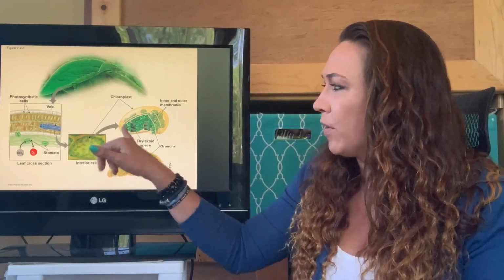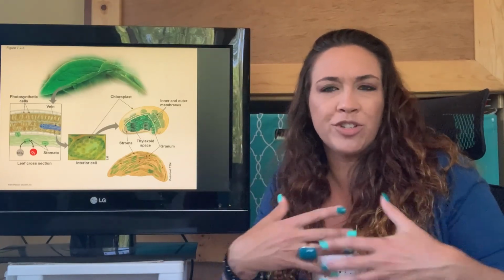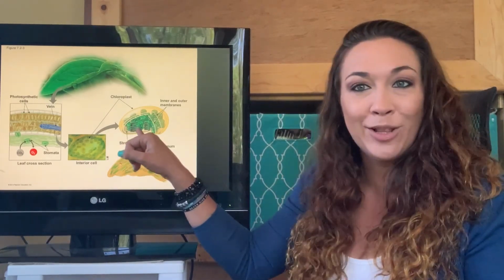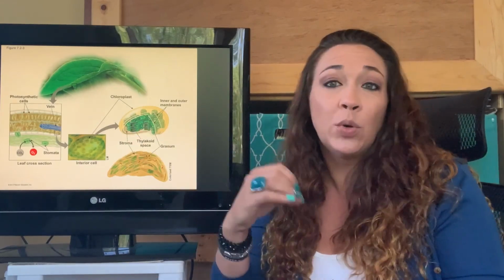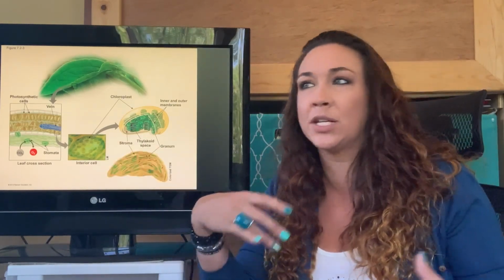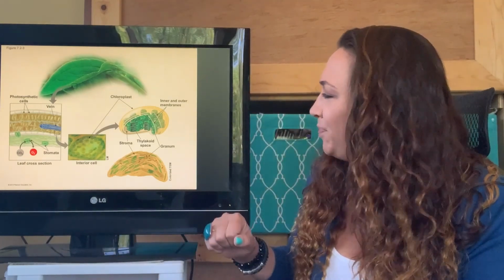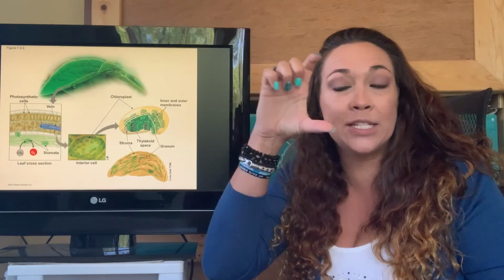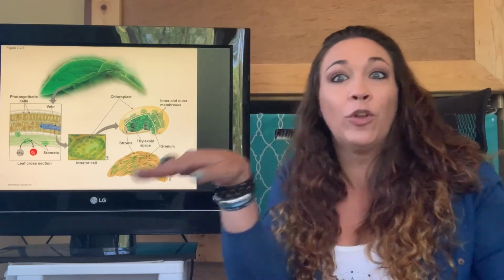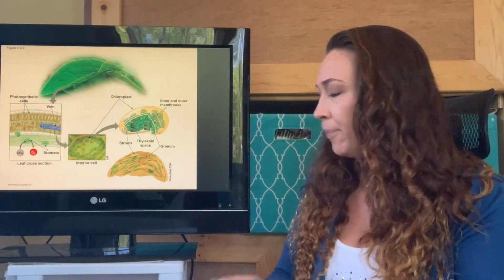Now, this middle part right here, which is known as the stroma, is kind of like the cytoplasm. It's just that interior portion. There's not a lot going on there. It's just a liquidy interior. And then this big green pancake-looking stack right here, those are actually the thylakoids. A lot of these reactions are going to happen in the thylakoid membrane. It's the green stack, so essentially it'd be your apartment's walls, I guess. And one of those entire stacks would be considered a grana. So you can think of that whole floor as the grana, and then you have individual apartments inside, which would be the thylakoids.